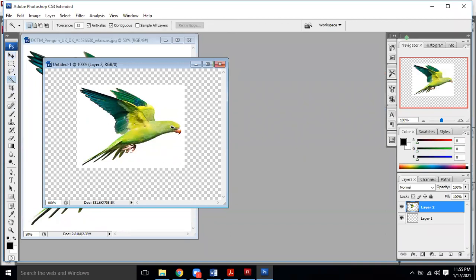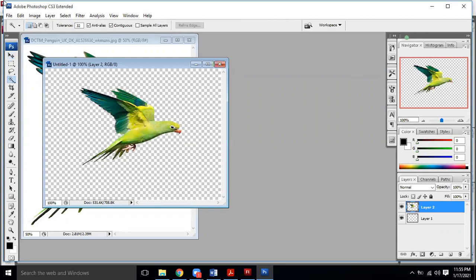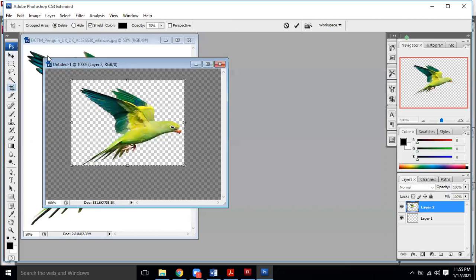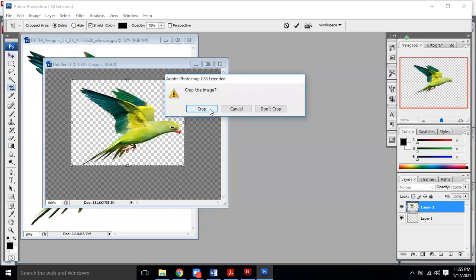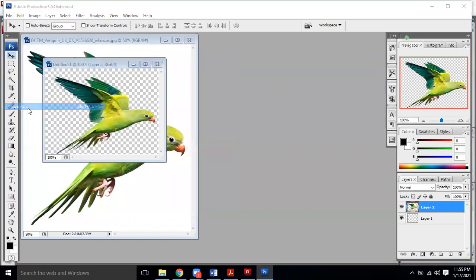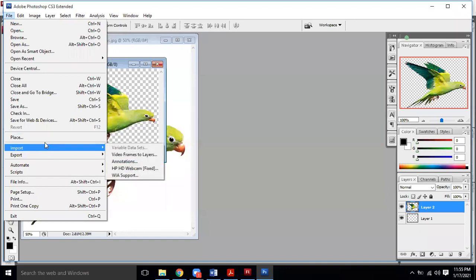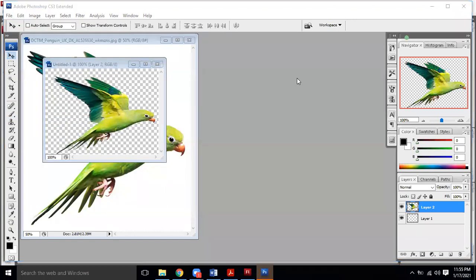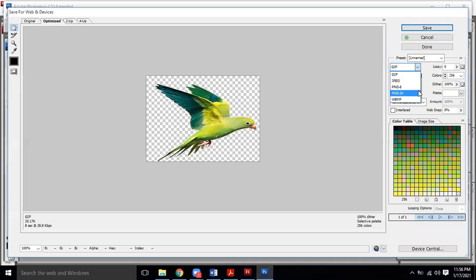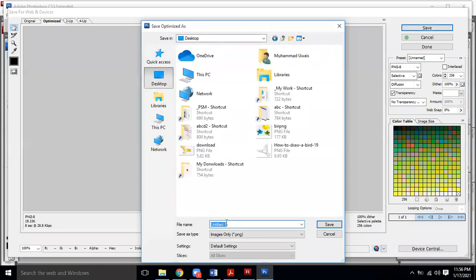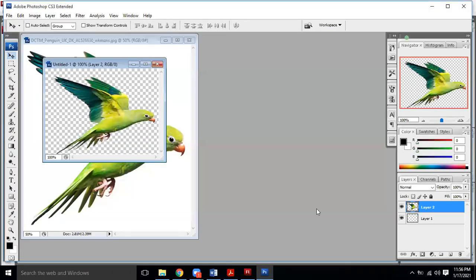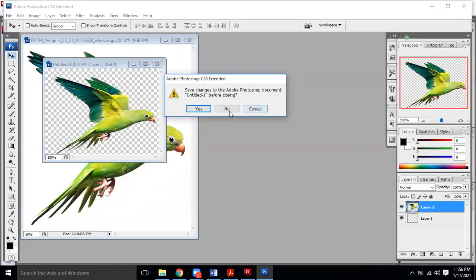We have the magic wand tool, using which we can delete the background quite easily, and we can take this image by saving it as a PNG image file, using save for web and devices, and of course we will have a PNG image. Here is the option of the PNG.